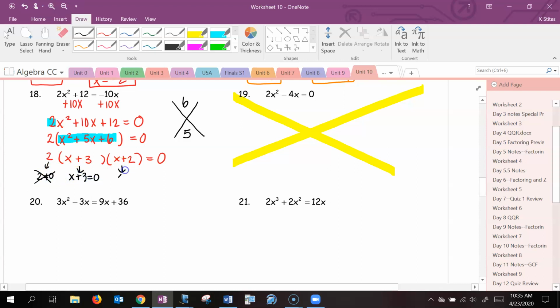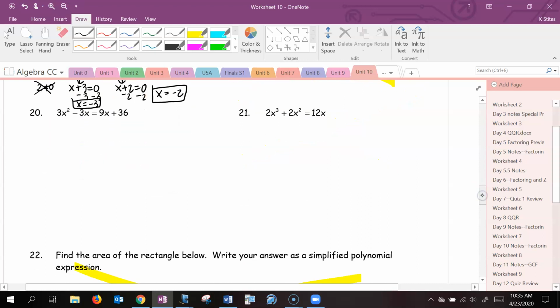All right, and then we'll just go ahead and solve. Okay, and there are your answers. X equals -3 and x equals -2. All right, now number 20, you're going to notice that you have 2 terms on one side and 2 terms